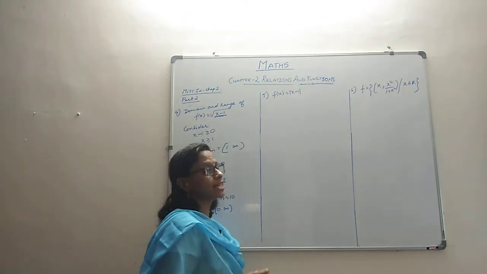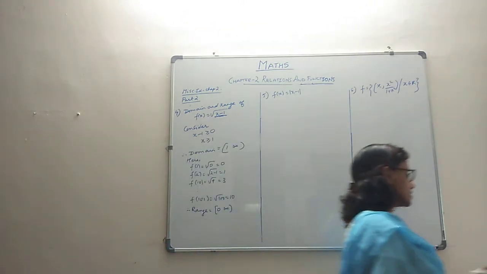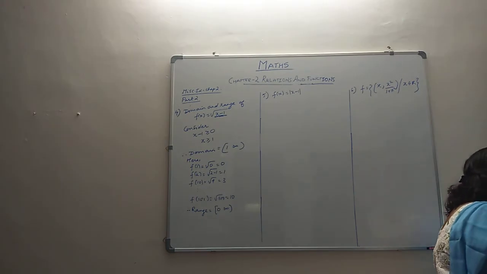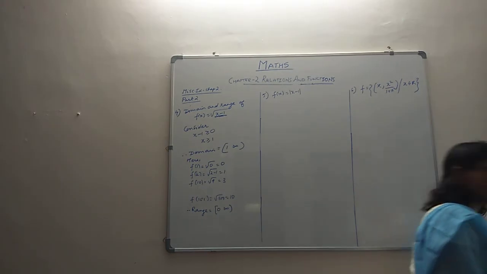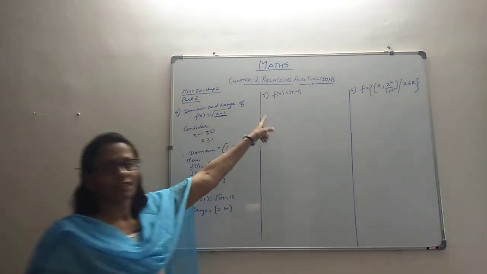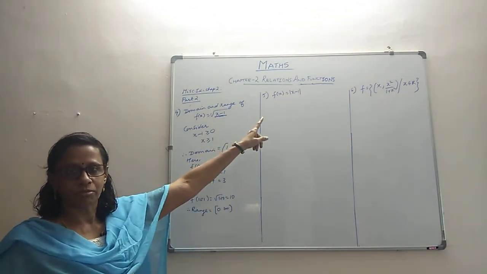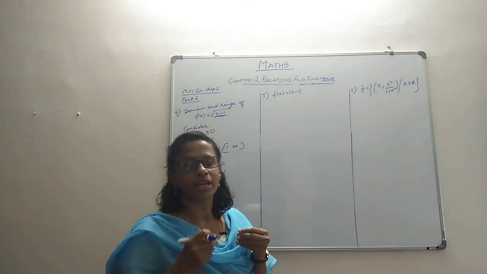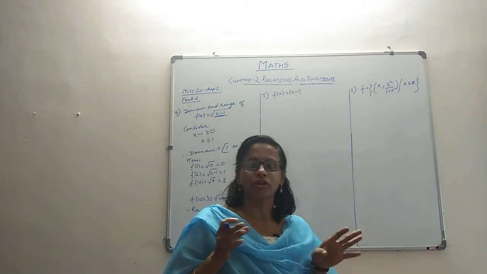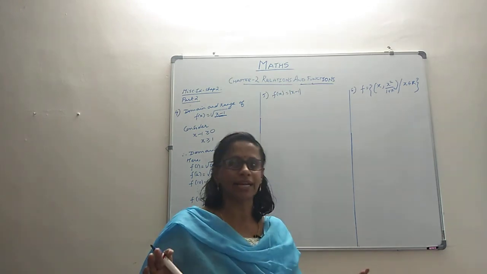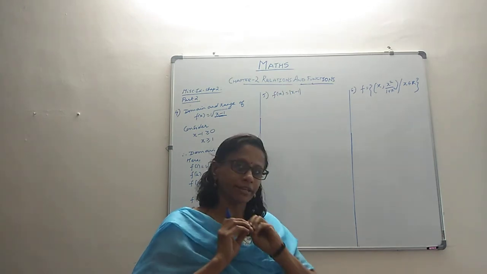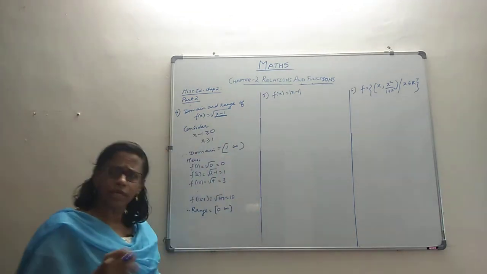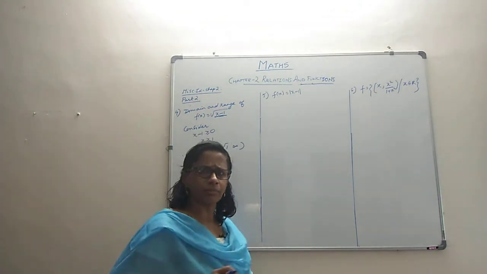Now we move to the next question, and in the next question they are asking us to find the domain and range of a function which is defined like this. It's a modulus function which is defined like this. You have to find out the domain and the range. Generally modulus is not a trouble-creating function. For modulus functions, you can take the entire real number line as the domain, and it works okay everywhere. You take any real number and try to find out the value, you will get an answer. It's not going to create trouble at all.